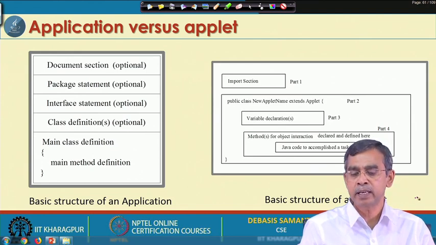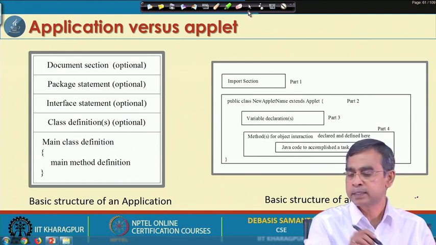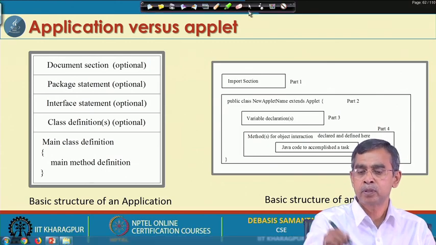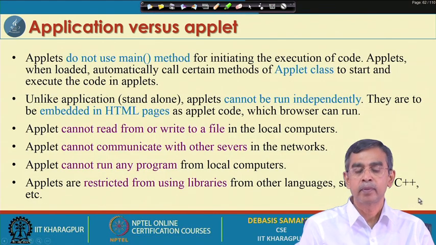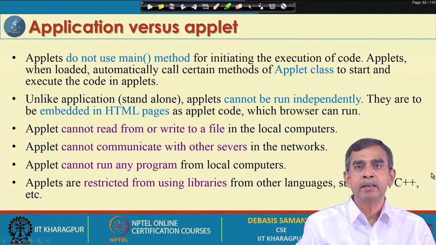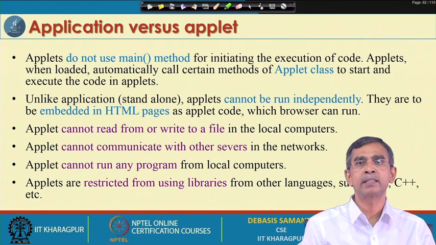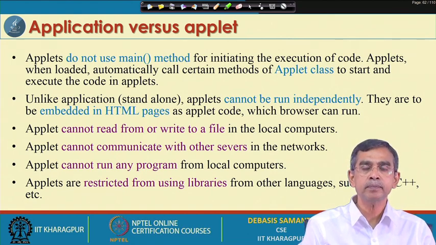In addition, there are a few more differences. Other than the naming, the main class and the main method, applets need to be embedded in an HTML page prior to execution, whereas an application does not require that.